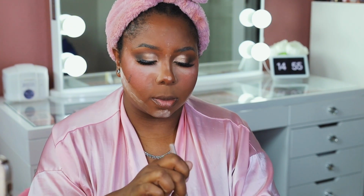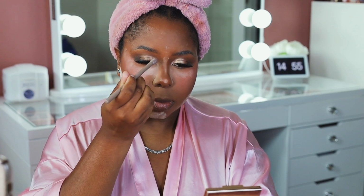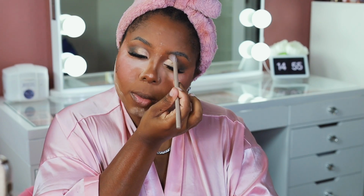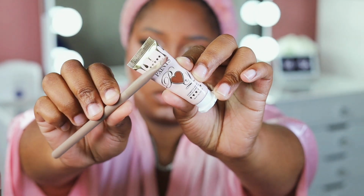It's sculpting really good, and that powder on the side really helps to make sure that the bronzer is nice and diffused so that we don't have a super harsh nose contour. So now I'm taking this P.LOUISE Cosmetics paint. This is in the shade Bare Boo, and it's essentially just a dark brown,